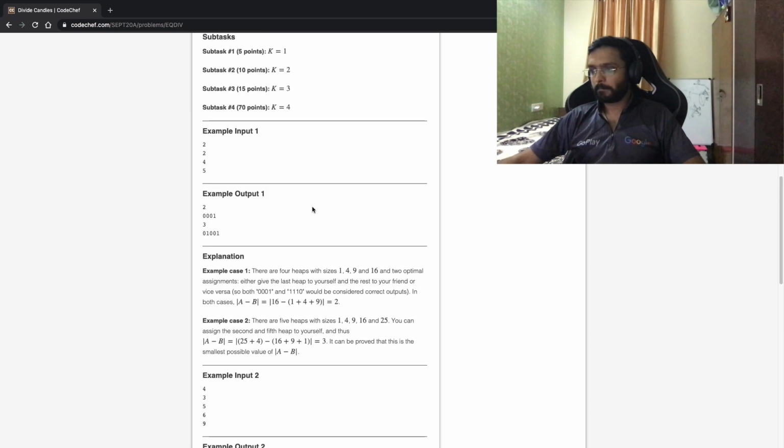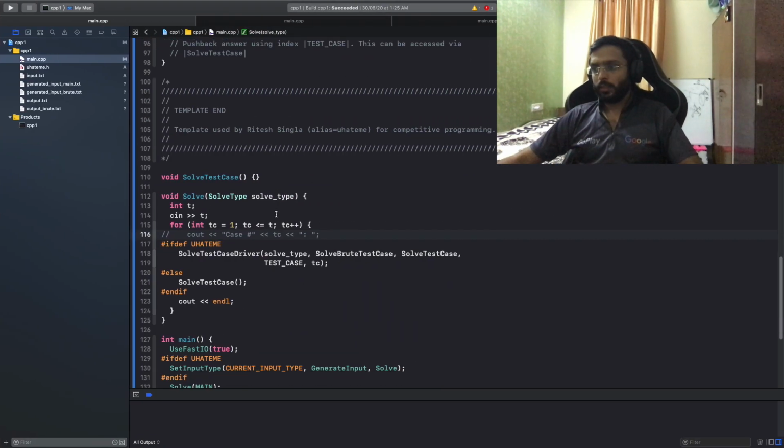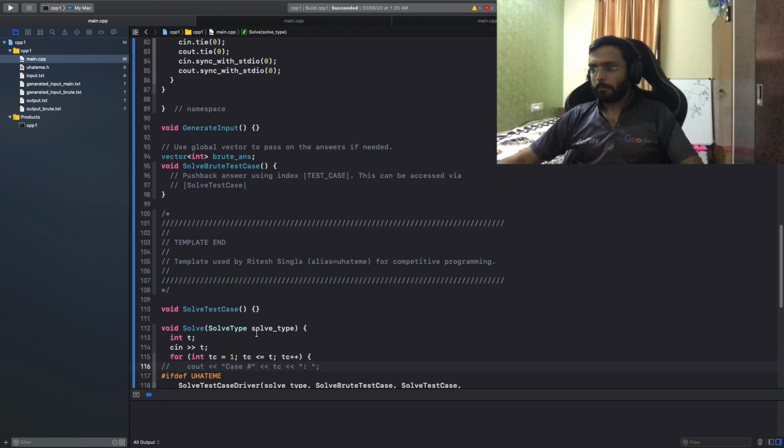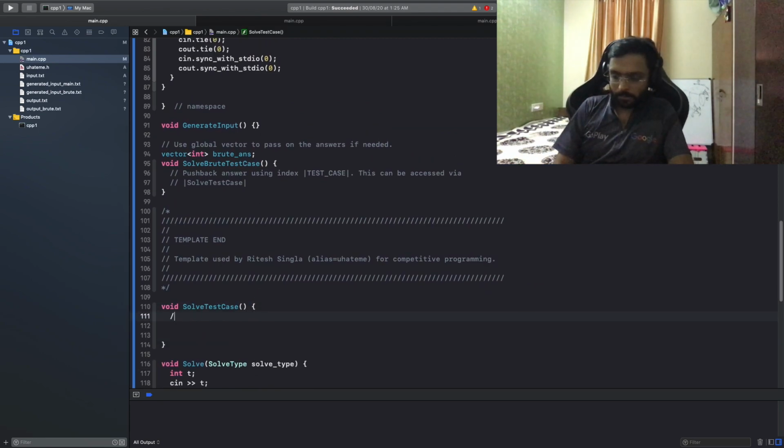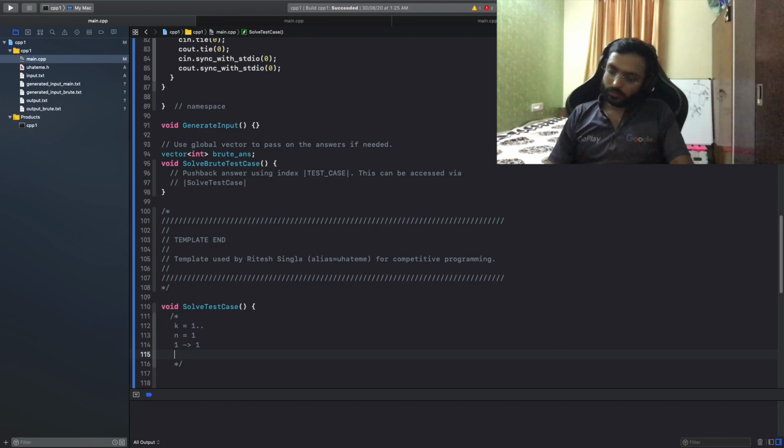Okay, so let's first focus on the small subtask with k equal to 1. For n equal to 1, the heap is 1. One person will get one candy and the other won't, so the answer would be 1. For n equal to 2, one will have one candy, another will have two, so the difference will again be 1.